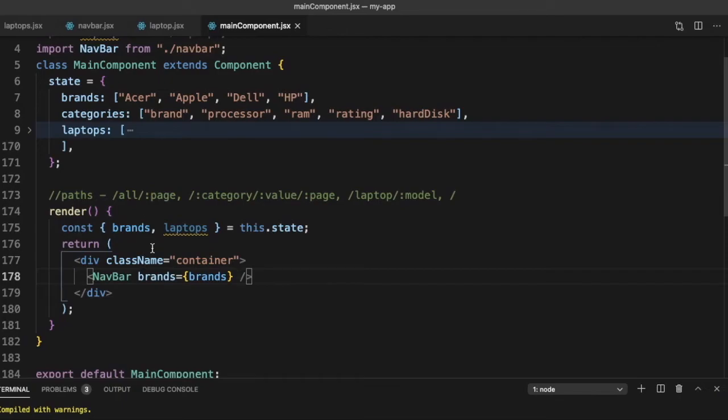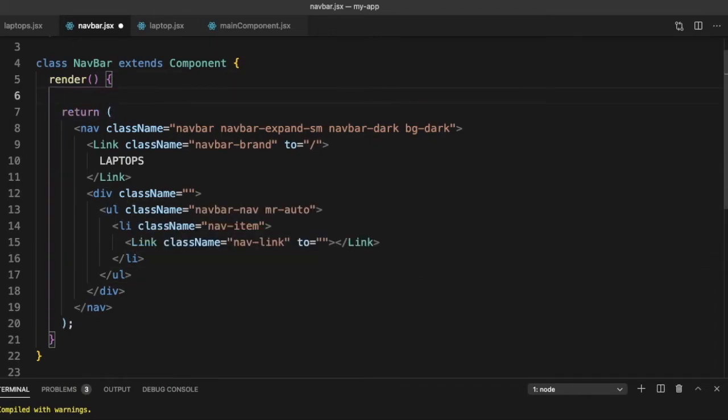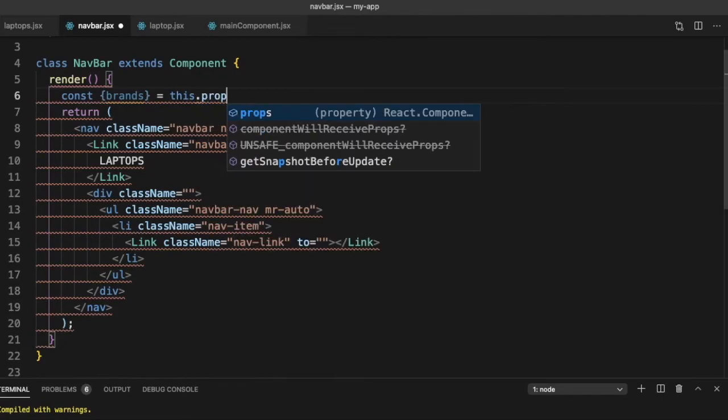Now that we have passed brands to the nav bar, in the nav bar we want to show all the brands. So let's destructure const brands is equal to this.props.